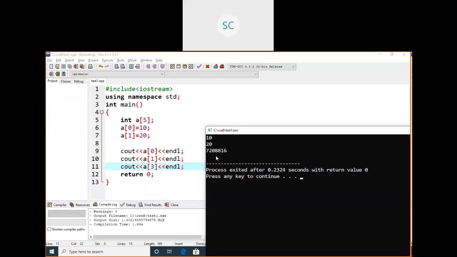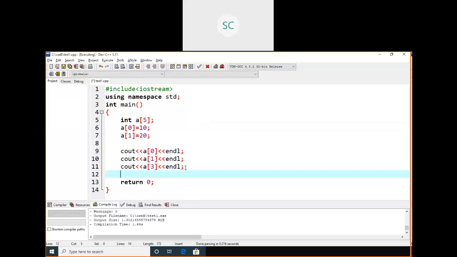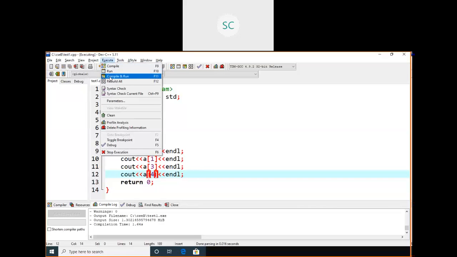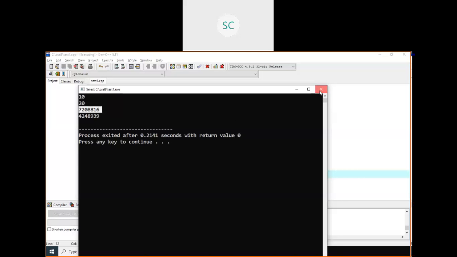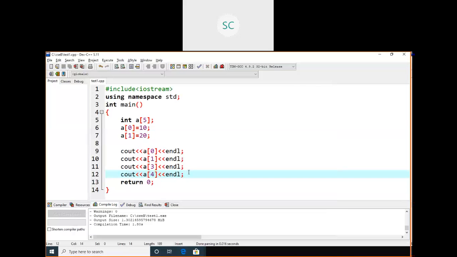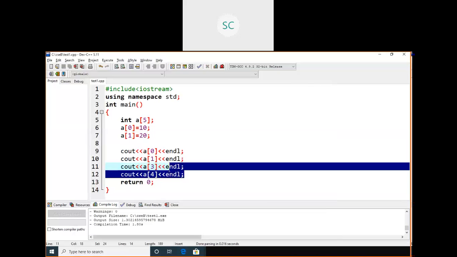If I print a of 4, some other random number is printed, right? You need to remember that if you do not assign any value, it will assign some random number within a. This is one way to declare an array. I will remove these two.